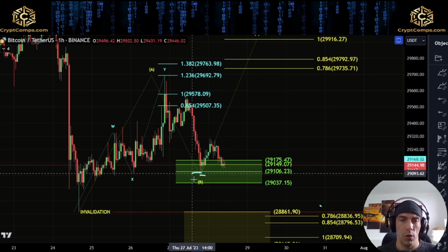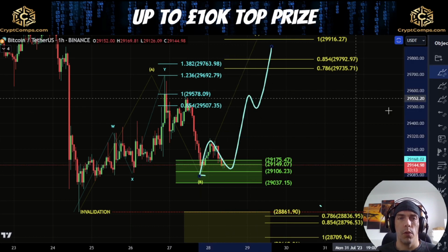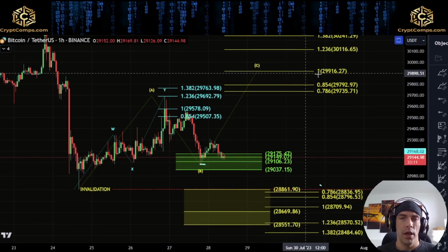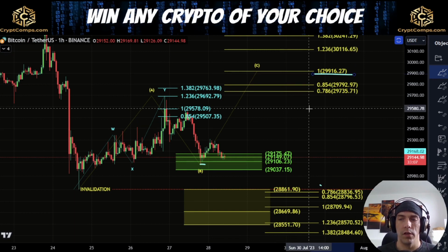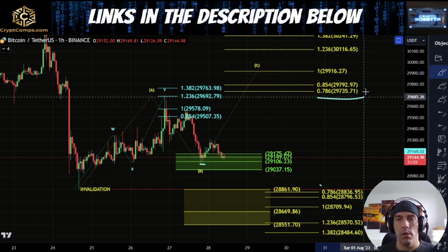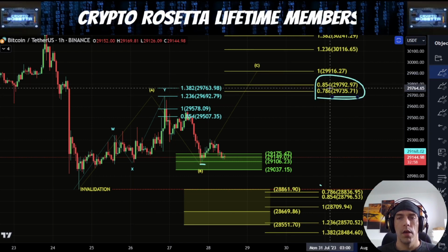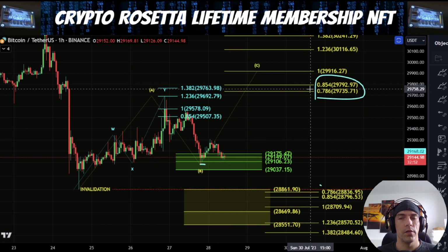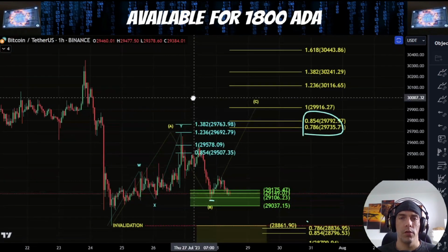If we do continue to hold this low and set higher lows here, potentially we could be looking for a C wave to the upside, in which case our 1-to-1 would bring us up towards this 29,916. And then we also have this area here of this 854 to the 786, sitting between this 29,735 and this 29,792. Now that would bring us back up into these lows here, which would be an interesting area to look